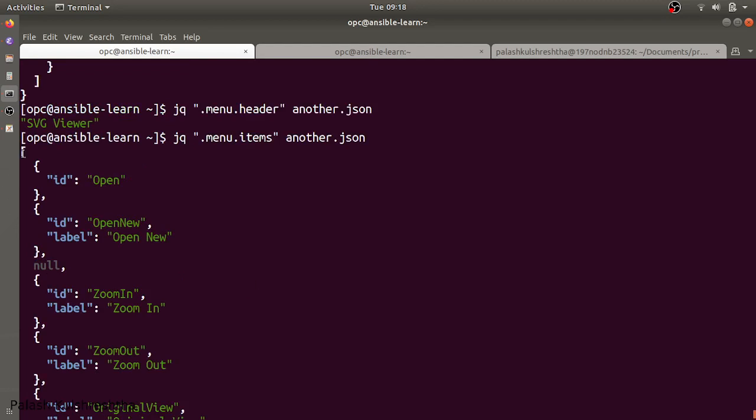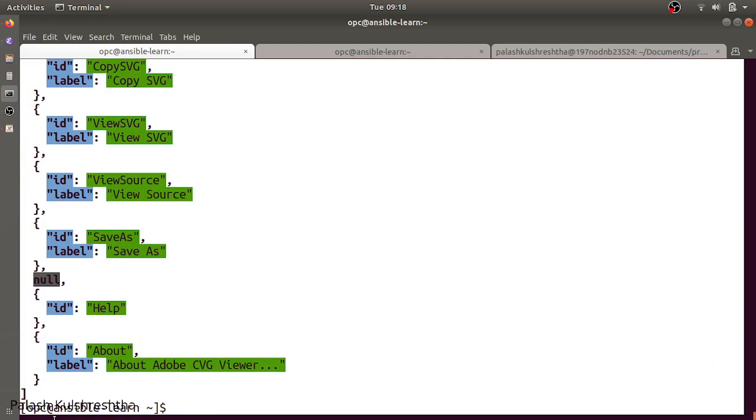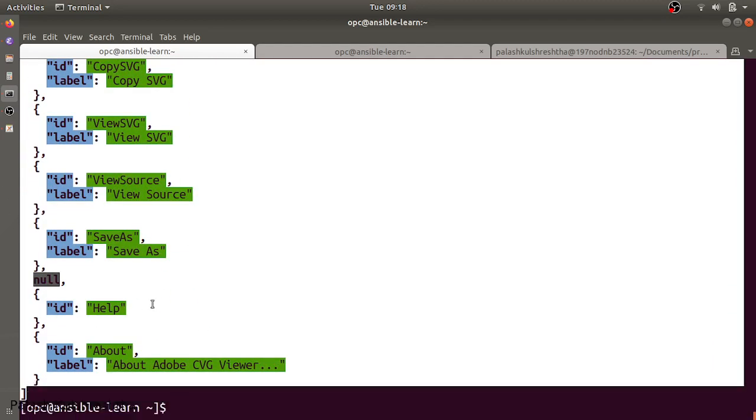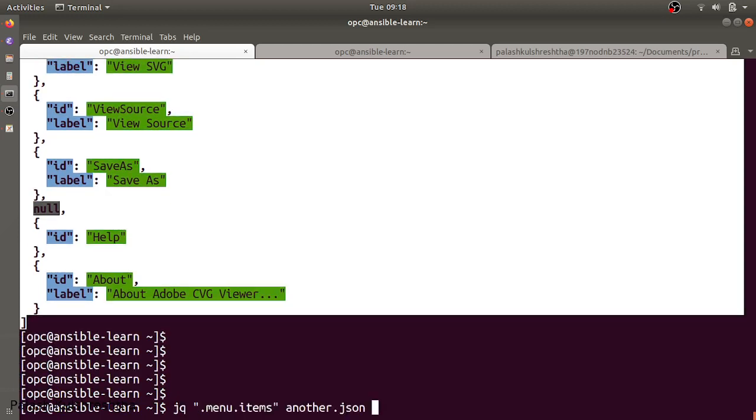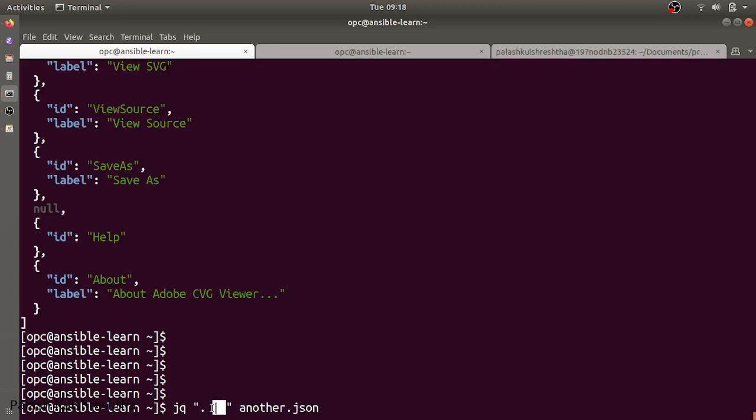Let's try to see what is inside the items. It is basically an array, and we can access this array. But before that, let's try to see what different keys are present at the root level. Only a dot means the root level, and the pipe character is basically used to pass the values to a function.